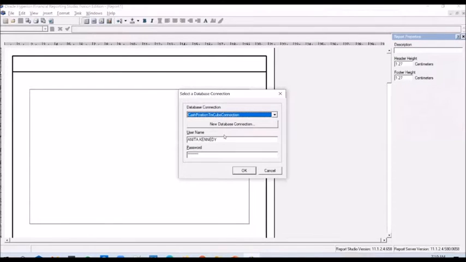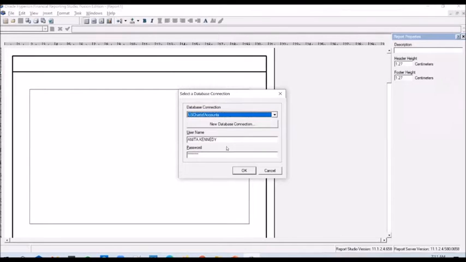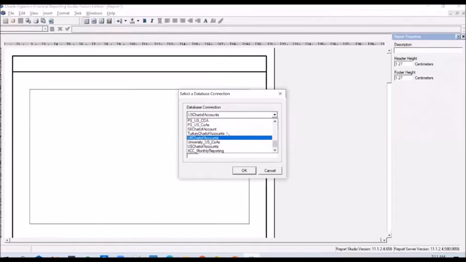And when you add the grid, the first thing it asks you to select is the database connection. So from which Essbase queue do you want to pull the details? From which chart of accounts in the Essbase queue? So you click on the drop down and you select US chart of accounts. You can select others as well if you want, but select US or UK or something else where you have enough data.